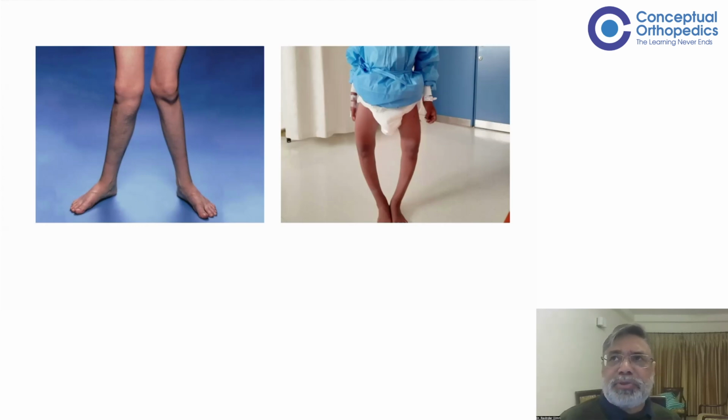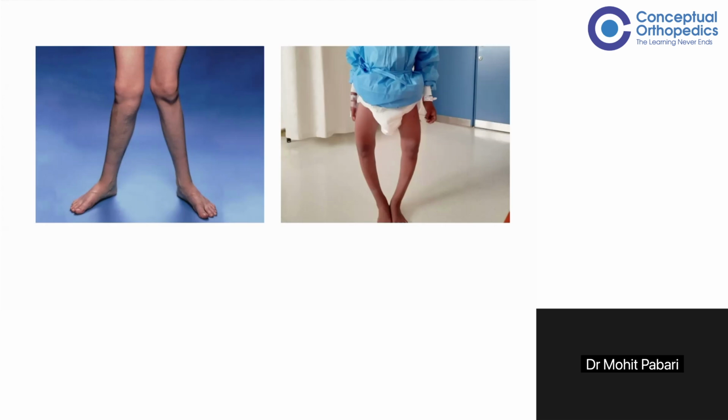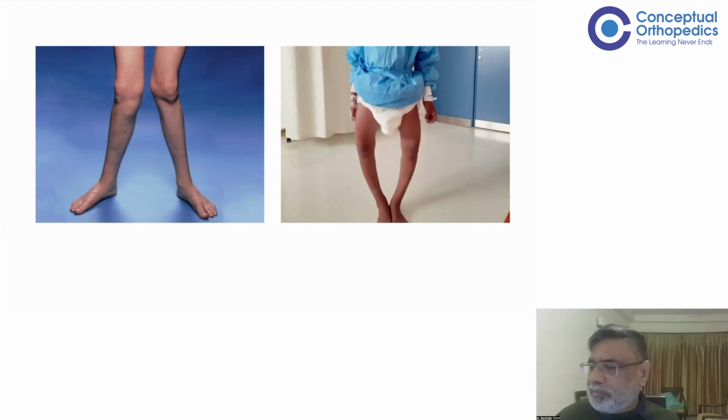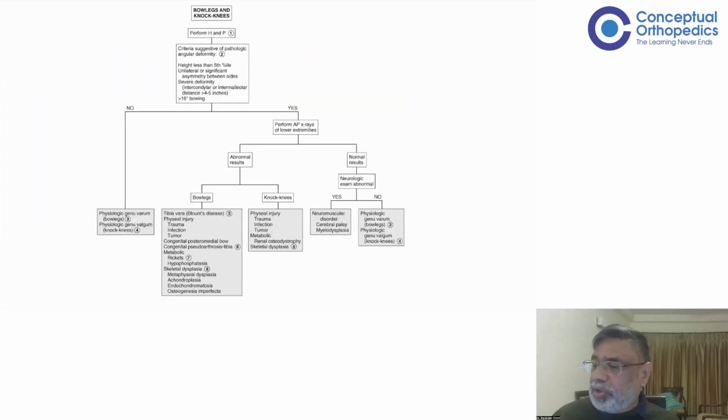At the same time, you order blood tests to rule out metabolic causes: mainly calcium, phosphate, alkaline phosphatase, vitamin D level, and sometimes PTH. These are the common things you will do, and then depending on the results, whatever is the cause, the first thing